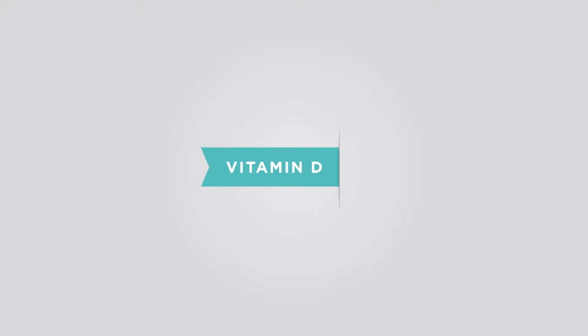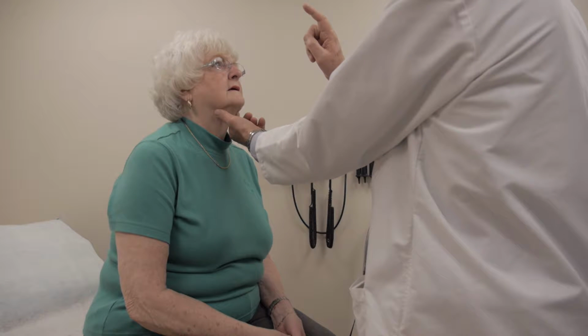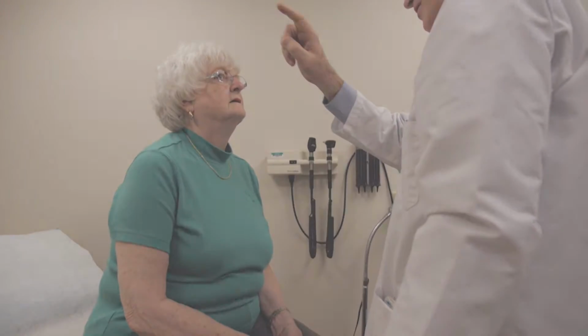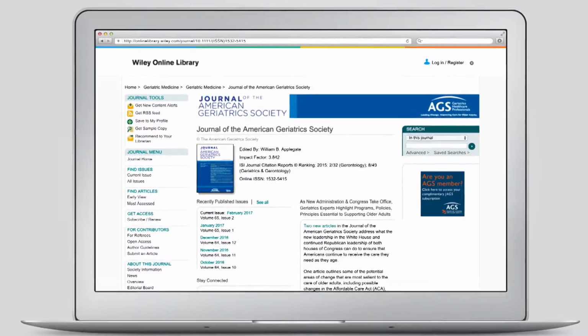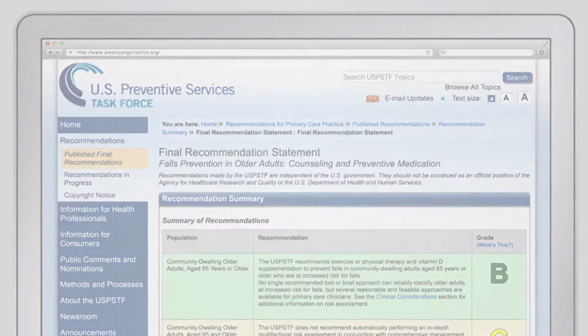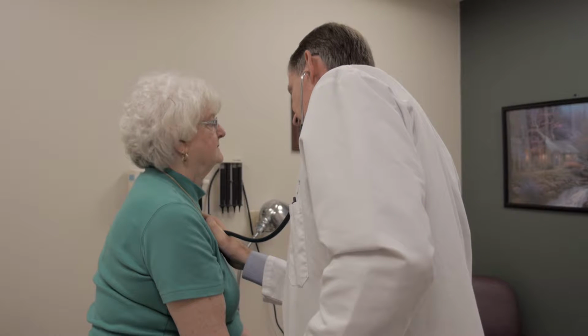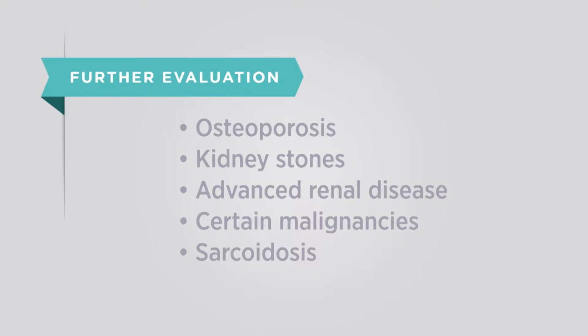Vitamin D has been shown to improve bone, muscle, and nerve health. Yet data show that many older adults don't get enough vitamin D. The American Geriatric Society and the U.S. Preventative Services Task Force both recommend supplementation. Consider at least 800 IU of vitamin D per day. Supplements can be recommended without testing vitamin D levels in most patients. Patients that may need further evaluation include those with osteoporosis, kidney stones, advanced renal disease, certain malignancies, or sarcoidosis that